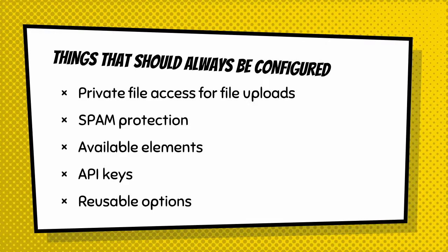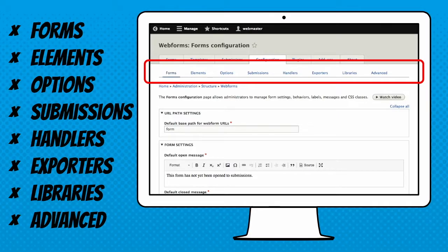It's just like you can define what countries you want to support in your drop-down menus. And there's a whole bunch of different demographic options. You should look at them and decide how you want to work with them. And once again, this has a breakdown. It follows a lot of patterns that we're familiar with. Forms, elements, options, submissions, handlers. Exporters are